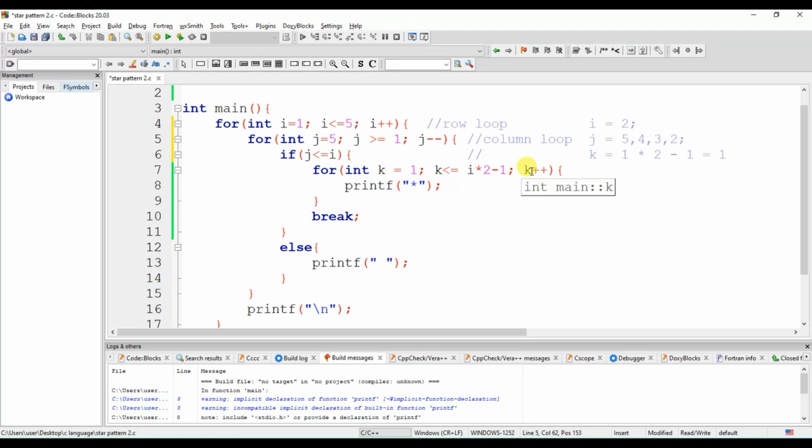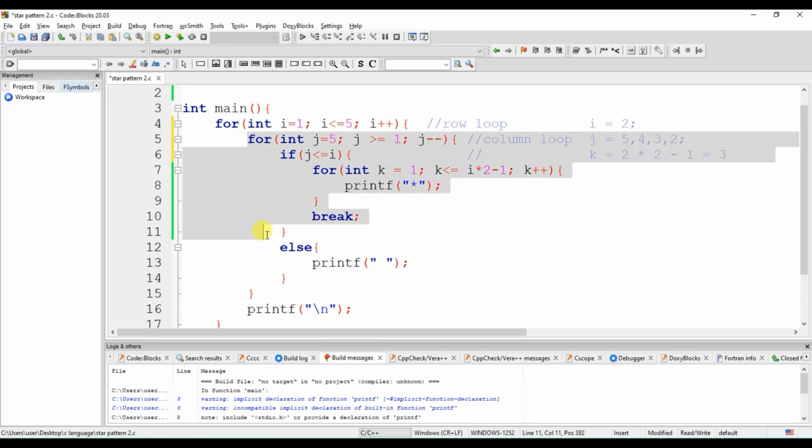and when it becomes 2, then it will go into this for loop, because the condition is correct at this time. So here the i value is 2 now, then our k is 3, so our k loop runs 3 times, so it will print 3 stars. And then it will break this loop, the j loop, our column loop will be broken, and after that it will go to the next line, because this statement will actually change the line.